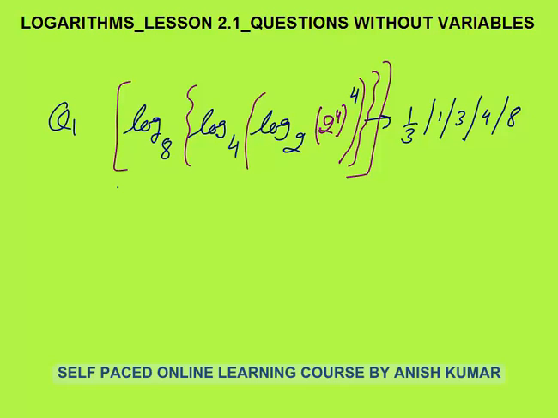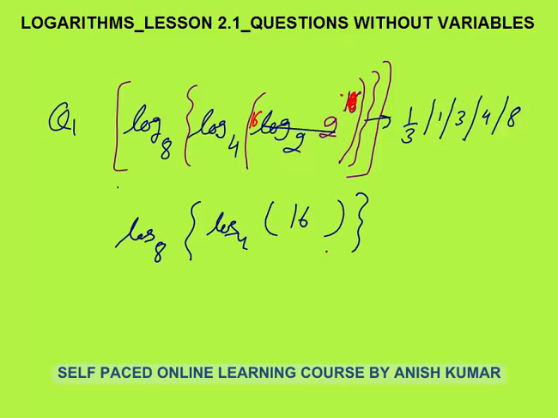Now as the bracket will open, the power will get multiplied. After this, the power will come forward, so 16 will come here. Log 2 to the base 2 will become 1. So this is 2, and 16 will be left. Now the question left was log 8, log 4. Only the 16 will be left there, because log 2 to the base 2 would be 1.